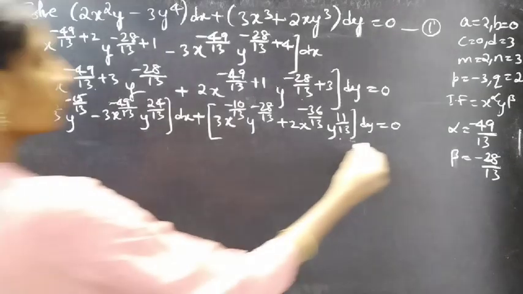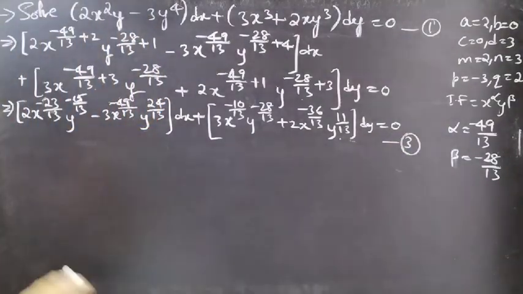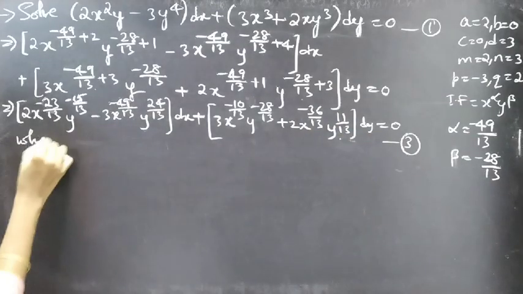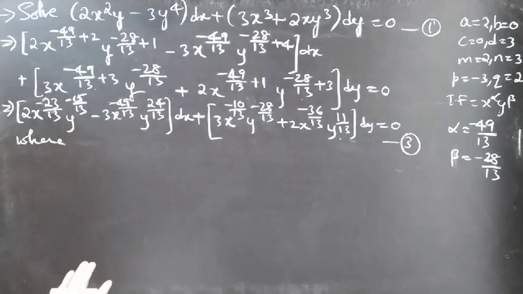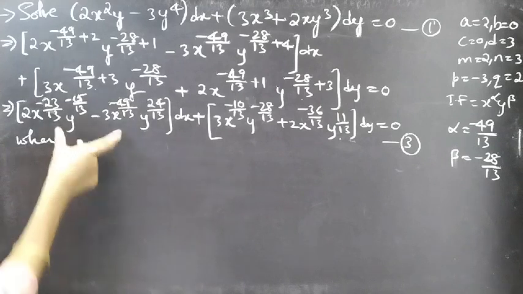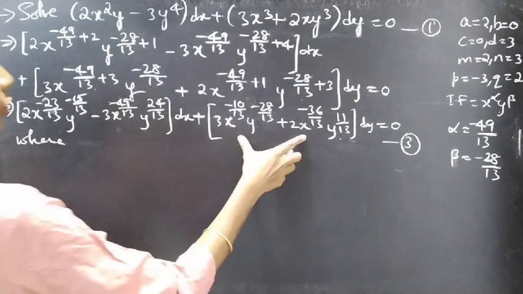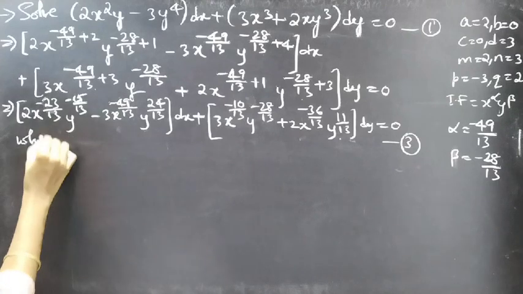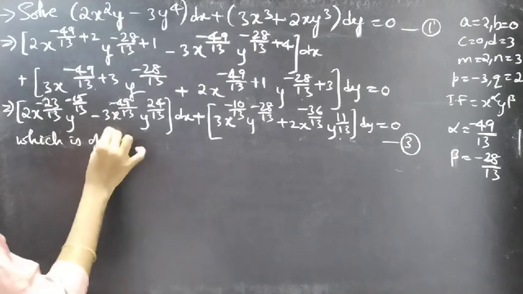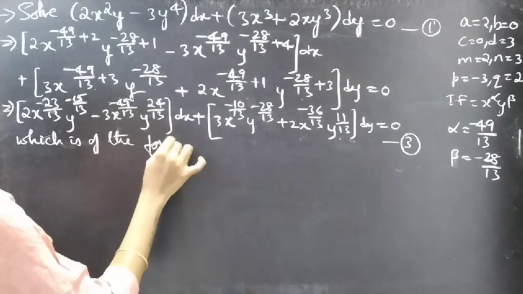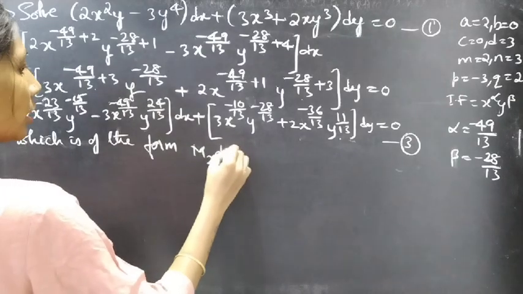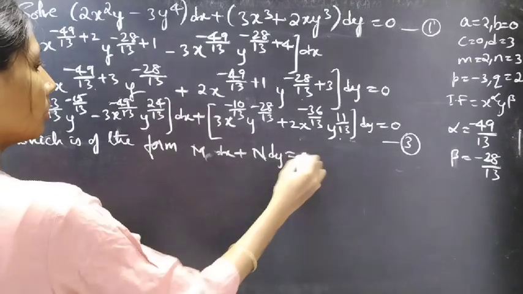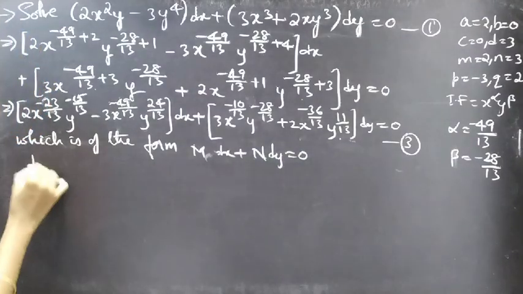Now consider this as equation 3. The reduced equation is considered as equation 3, which is of M dx plus N dy equal to 0 form. I'll write M and N: M dx plus N dy equal to 0 for M equal to